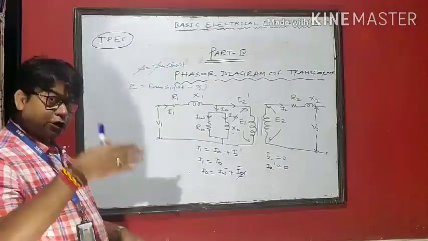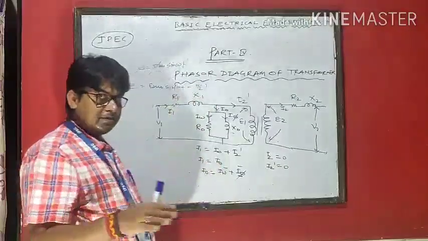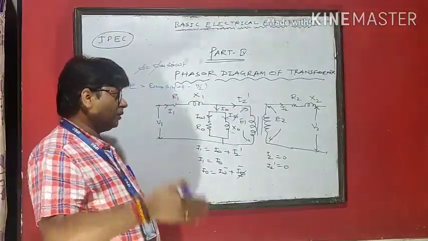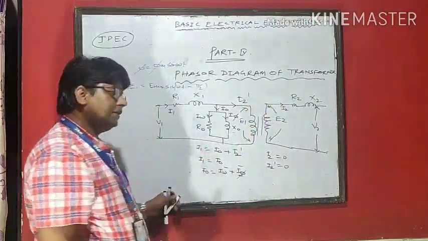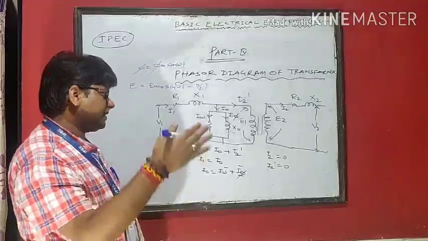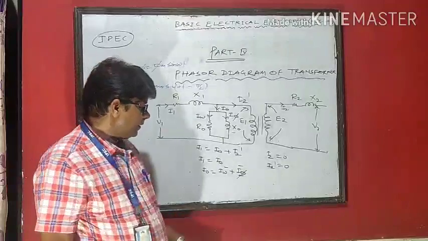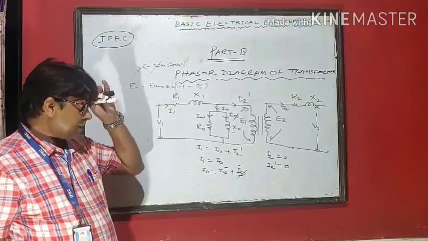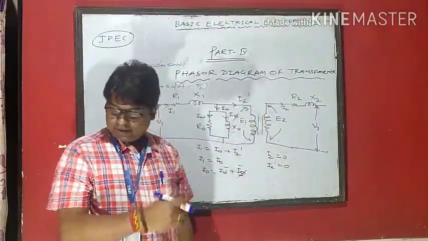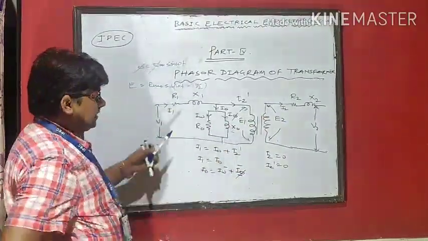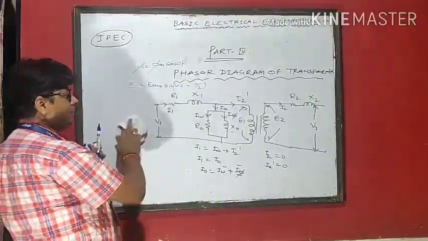In a transformer, mainly one flux is working, that is the main flux, based on mutual induction, that means only one flux. First we understand why one flux is working, the main flux. Next, why the flux is the same for primary and secondary. First we understand why the transformer works on the main flux phi, only one flux.